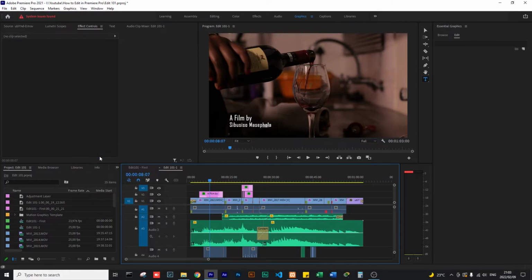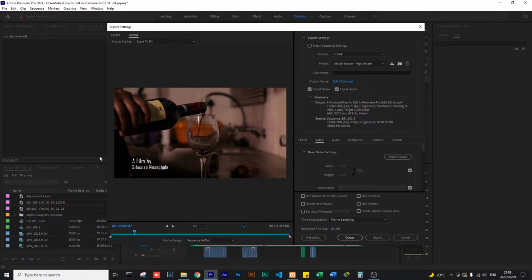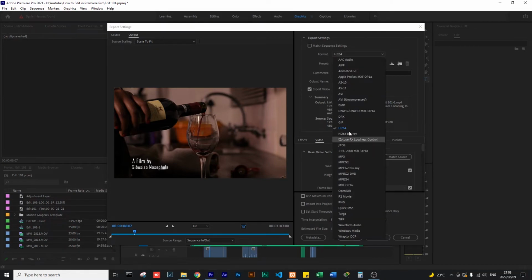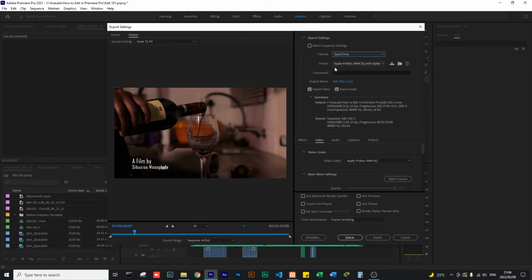Export media, okay. For YouTube, I usually export with H264. There are other codecs that many people use, but I export with this one. You can go to QuickTime or any other option. QuickTime is the usual MOV, and then there's DNX HD, which is a high bitrate format. If you're taking it to a broadcaster, you use this one. And there's another one in QuickTime down here: